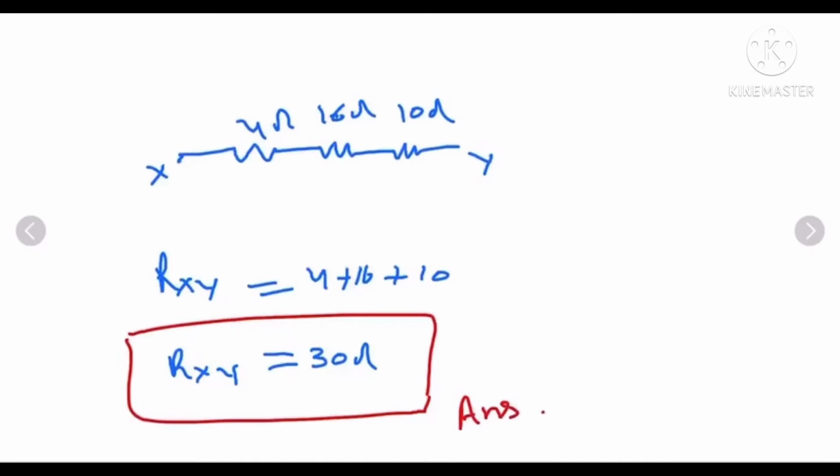Hope you have understood. While solving any problem, try to go stepwise. Don't skip any step. Second thing is that whatever formula you are utilizing, try to write it down somewhere on the page, on the side or in the corner, so that it is easy to remember the formula, as well as easier for the examiner to see your solution, and that will increase your chances to get more marks.